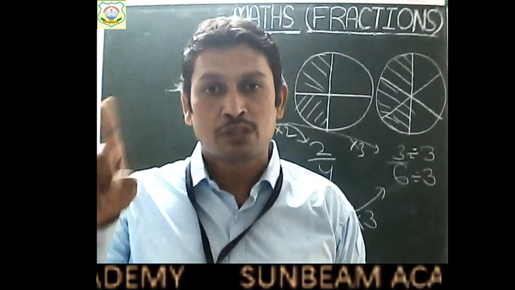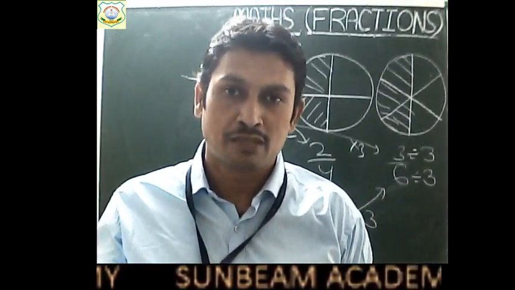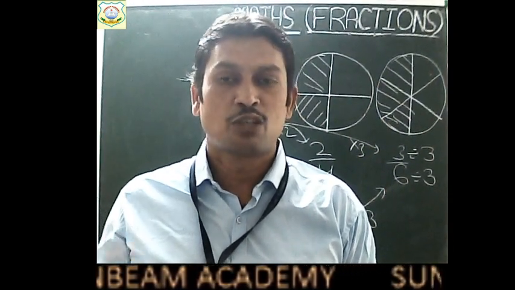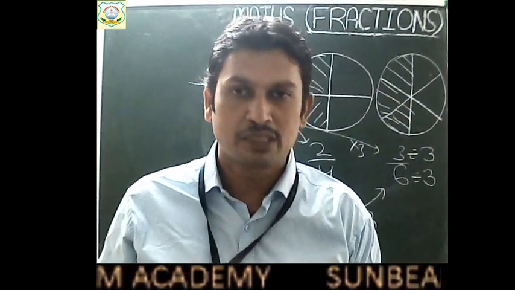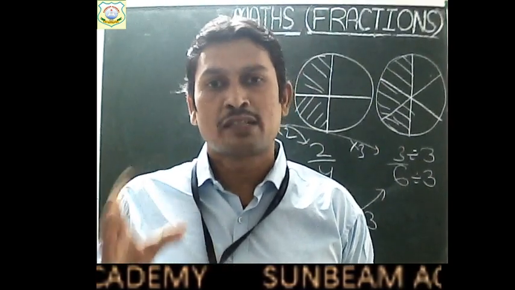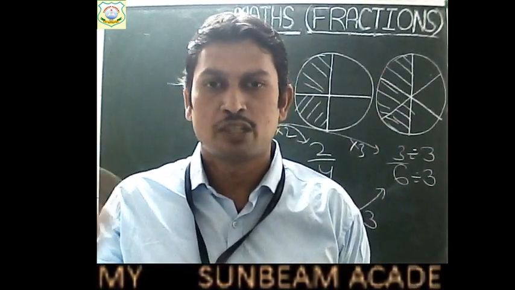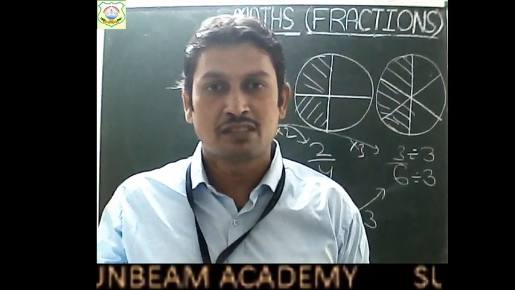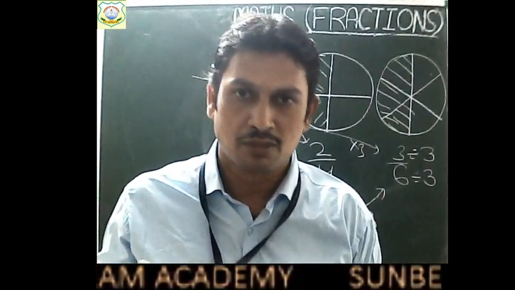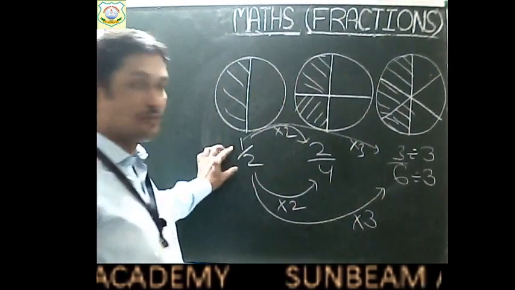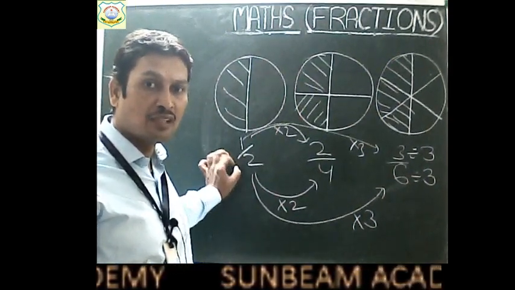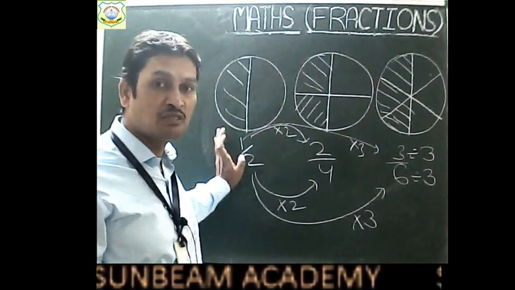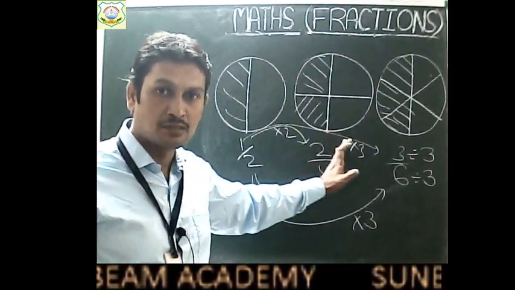यदि numerator में 2 से multiply किया है तो denominator में भी 2 से multiply करेंगे, okay? If the numerator is divided by 3, then the denominator will also be divided by 3, okay? By the same number we have to do. So no matter by what number we are multiplying or dividing, both numbers must be the same. We have to multiply with the same number or divide with the same number, okay? So if in a fraction the numerator and denominator are small numbers, यदि छोटी संख्याएं हैं तो इसके इक्विवेलेंट पाने के लिए बेटा we will multiply, okay?